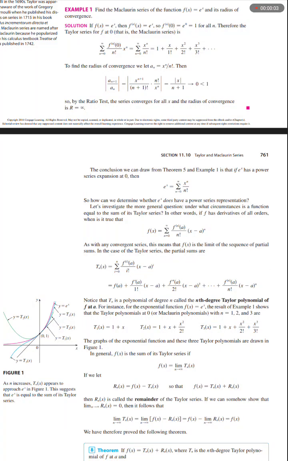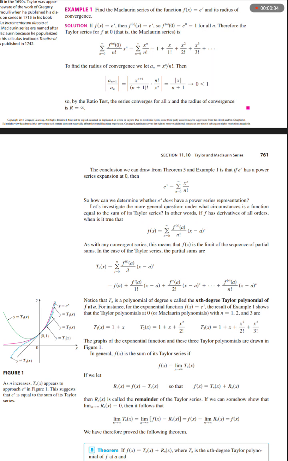Example 1: Find the Maclaurin series of the function f(x) = e^x and its radius of convergence. Solution: if f(x) = e^x, then the nth derivative of f(x) = e^x. So the nth derivative of f at 0 equals e^0 equals 1